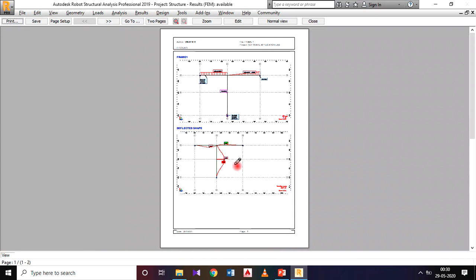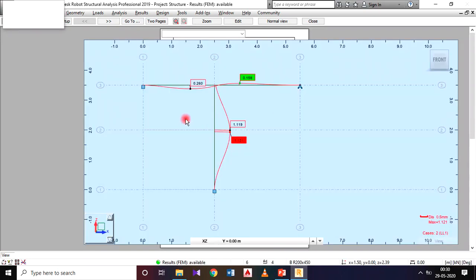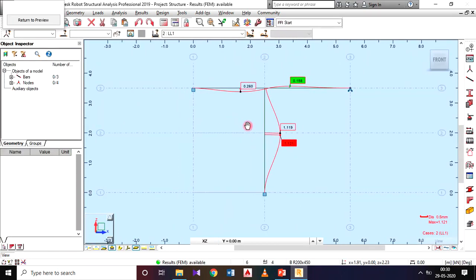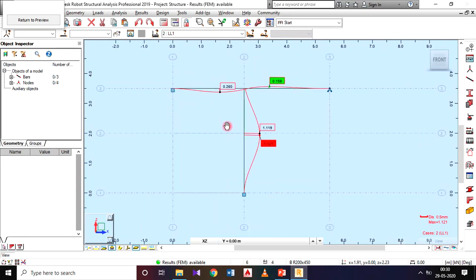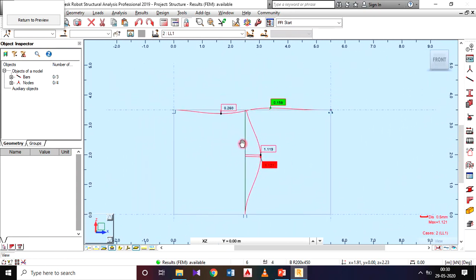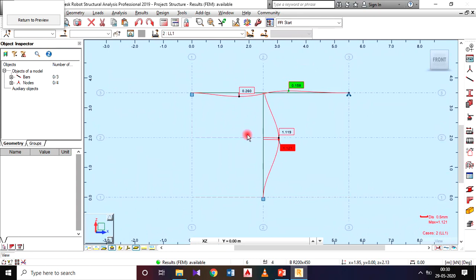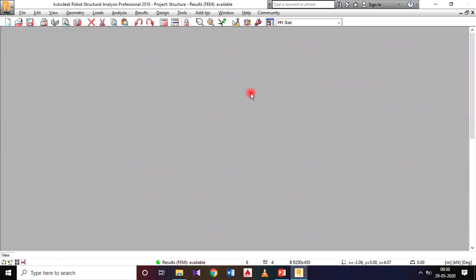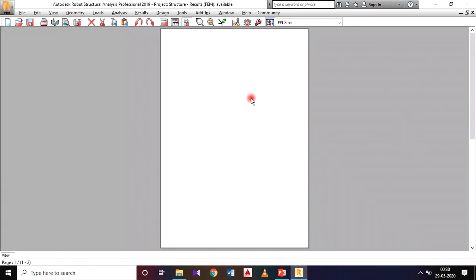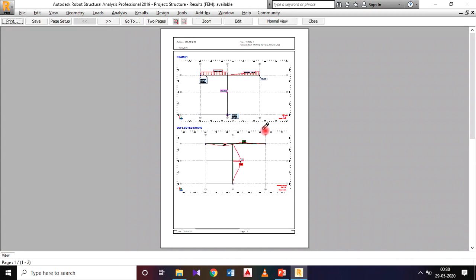Yeah, I got this one. Then same deflected shape, so you can place it, hold your scroller, you're getting hand symbol, you can place it anywhere you want. Okay, I will place it in the middle and I will zoom it. Return to the page. Okay, I got this one.